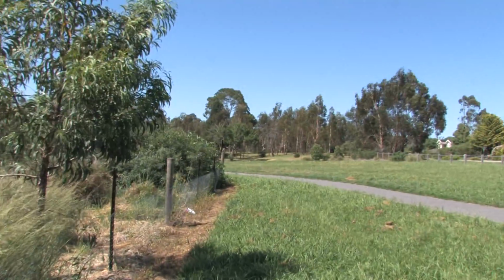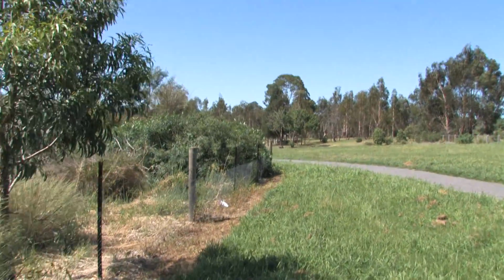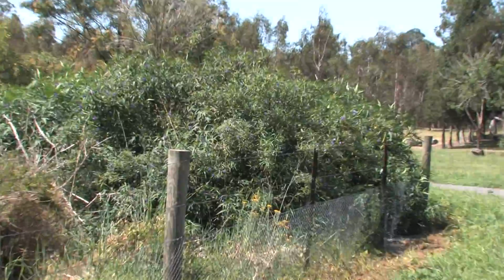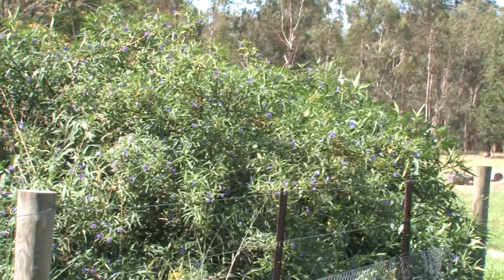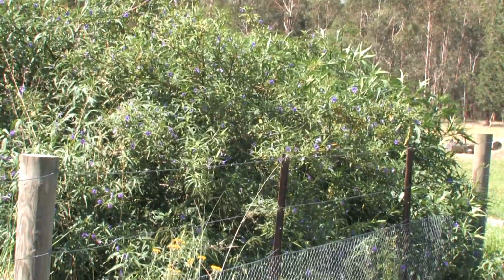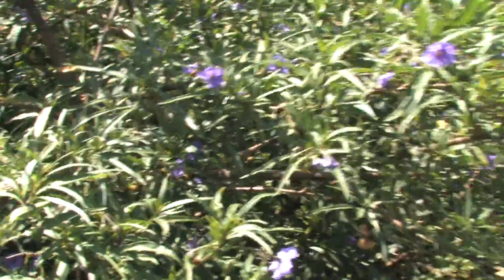And I want to take you one down here. There's a local Solanaceae, one of the nightshades, and these are great for buzz pollination. So let's go and see what makes them good for buzz pollination. A bit closer here and you can see that purple colour on the flower,